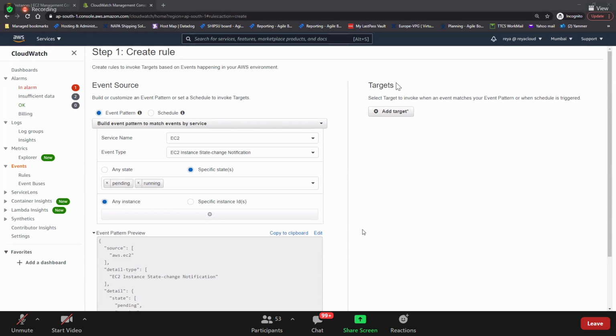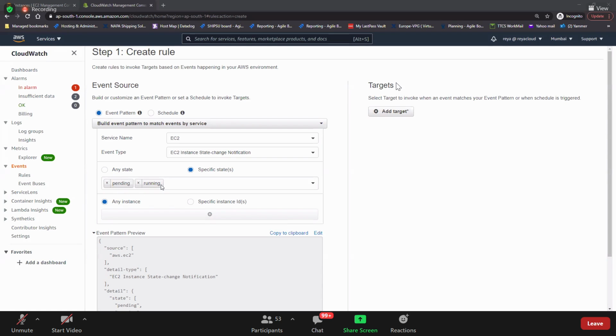Got that? If you want any state, you can go with any state also, no issues. Based on the requirement, you need to select the state here. It will never go from running to pending, so it is pending to running only.